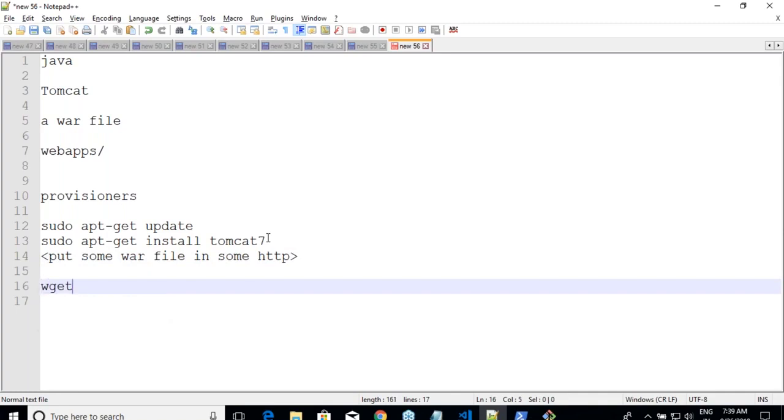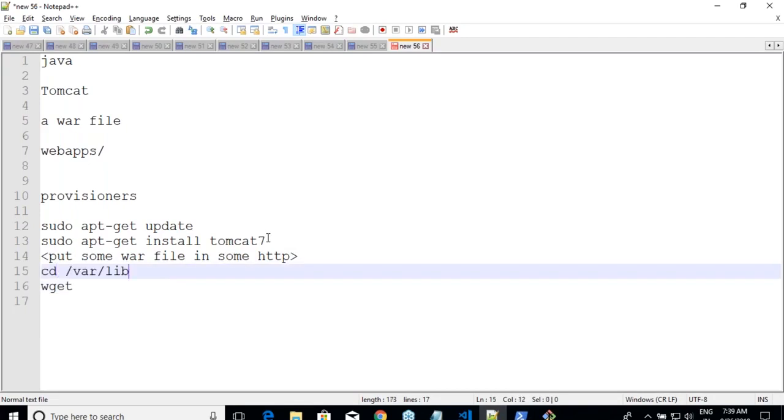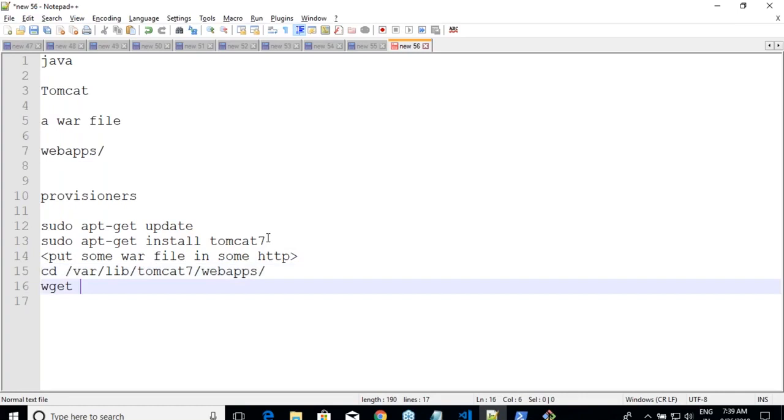Okay, before I wget, I'll get into cd /var/lib/tomcat7/webapps directory, because I am in that directory right now, and I am doing wget whatever that HTTP location is.